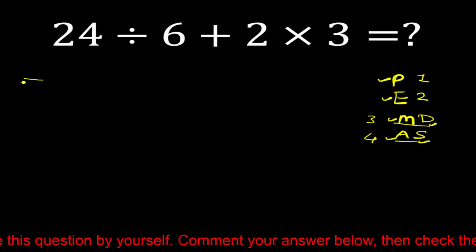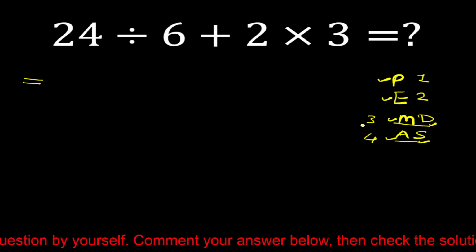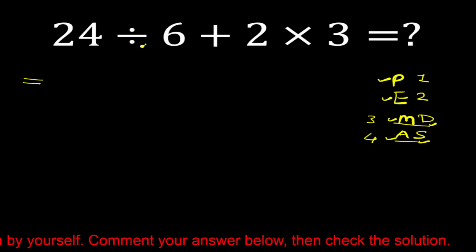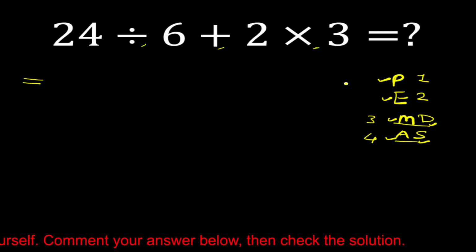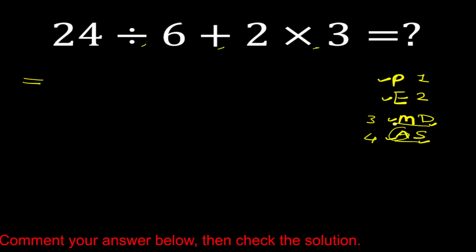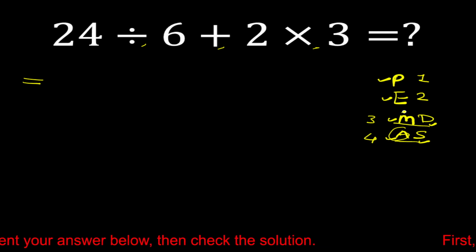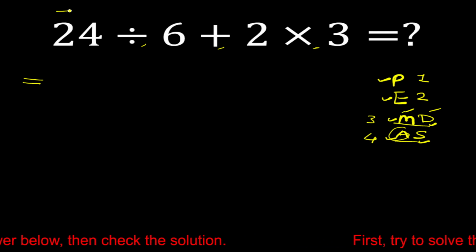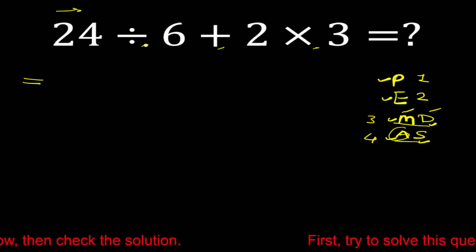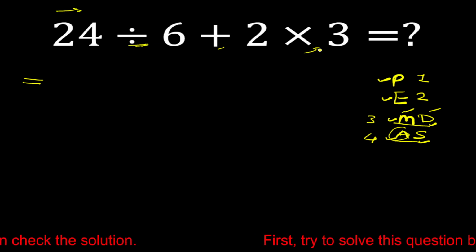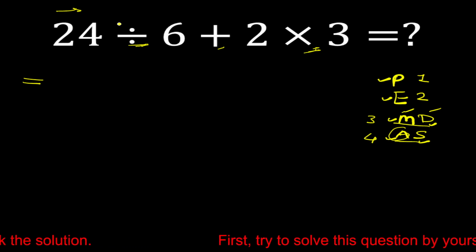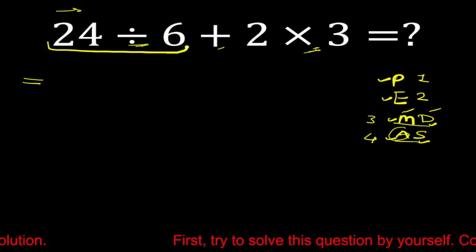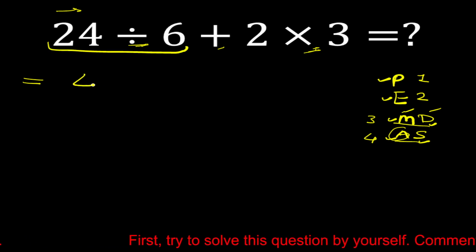So, here is a one division, one addition, and one multiplication. So addition is second priority, so first priority is multiplication and division. Both have equal priority, so we have to solve it from left to right. So first we have to solve this division, then we have to solve this multiplication. Okay. So 24 divided 6 is equal to 4